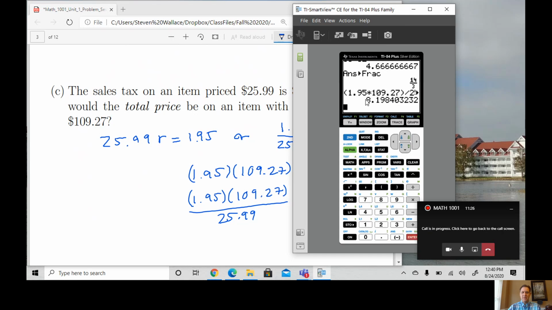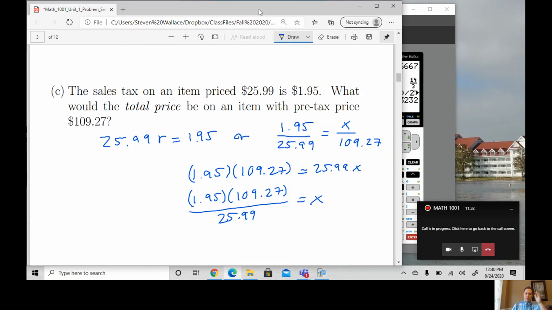Enter. Okay, it's about $8.20 is the tax, right? So I need to add that to the original to get the total price, right? Because the total price is the original price plus the sales tax. So that is